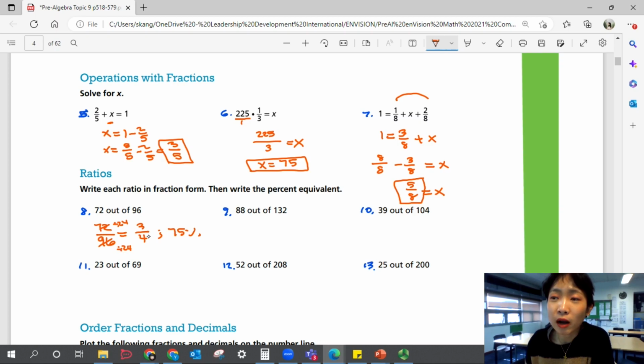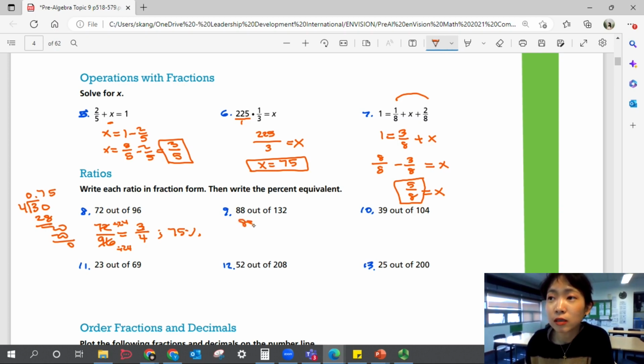And if you don't remember how to change the fraction into a percentage, you first have to literally divide 3 by 4 and then see what you get in decimal. And then you get 0.75, change the decimal into percentage, okay? That's a quick review, but if you still don't get it, that means you really need to go back and study again. Number 9, 88 out of